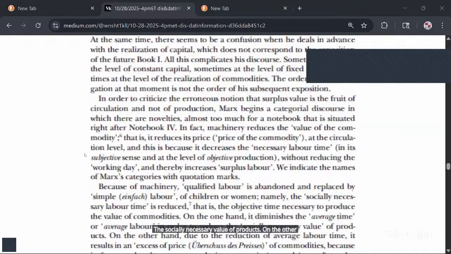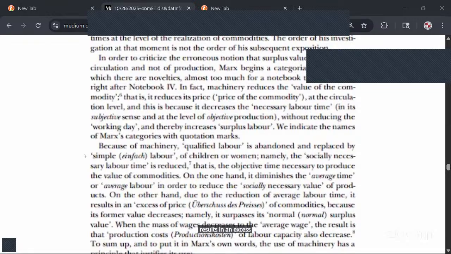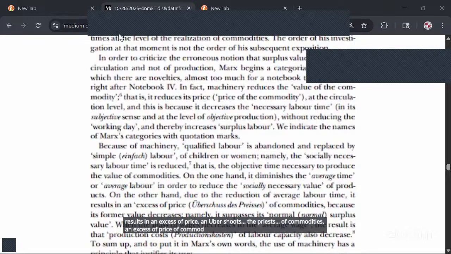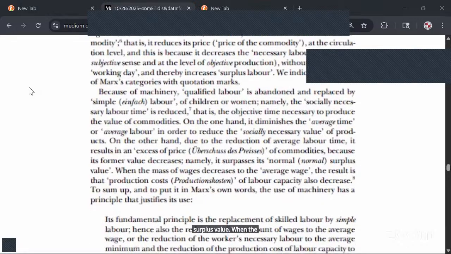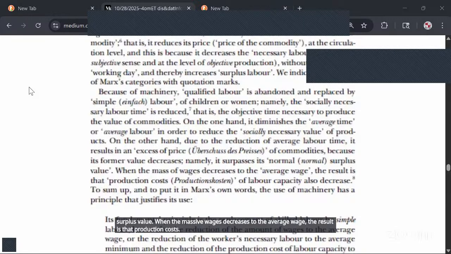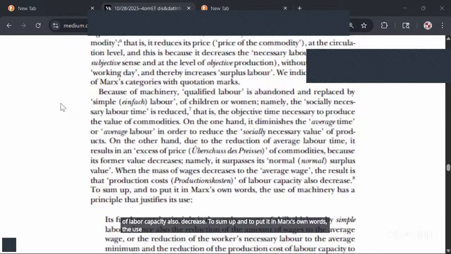On the other hand, due to the reduction of average labor time, it results in an excess of price of commodities, because its former value decreases. It surpasses its normal surplus value. When the mass of wages decreases to the average wage, the result is that production costs of labor capacity also decrease. To sum up and to put it in Marx's own words,